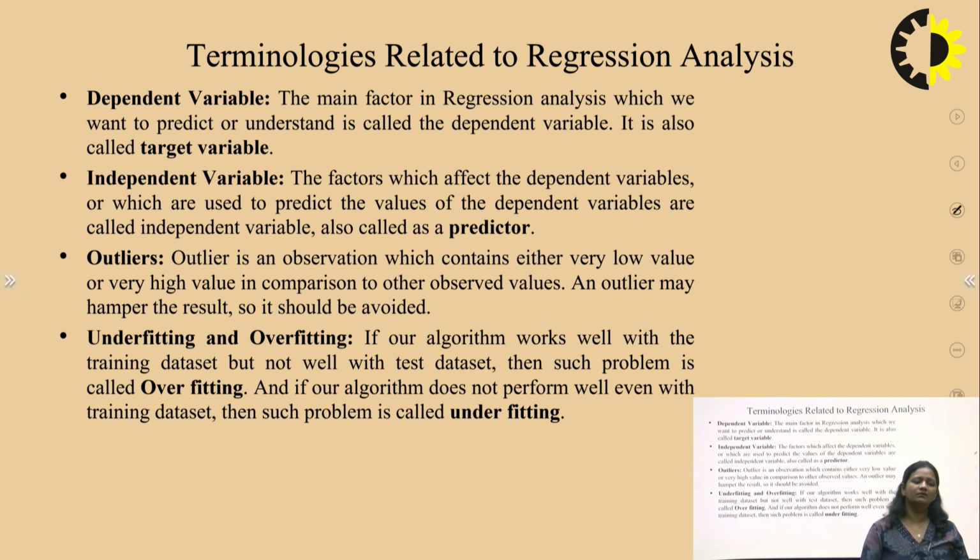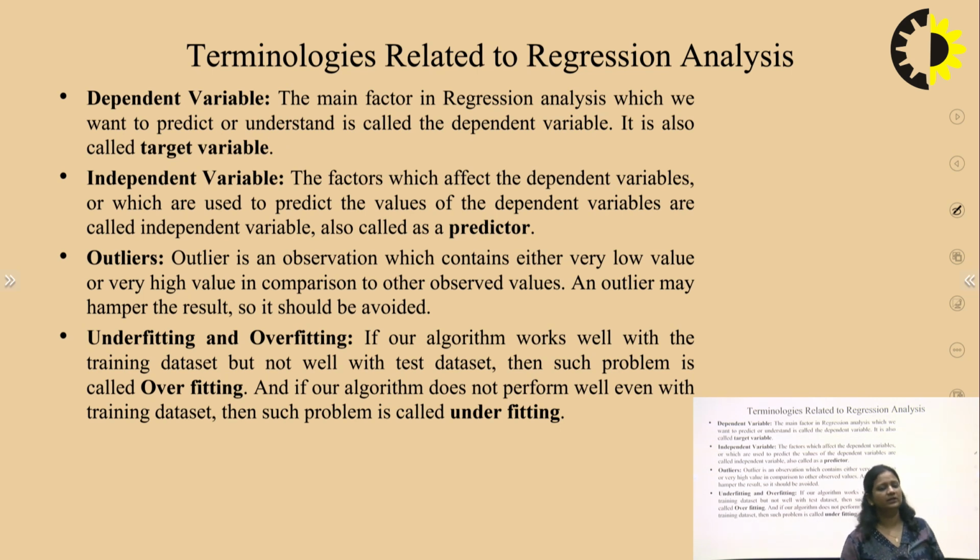Overfitting is when our algorithm performs well on the training data set but not well with the test data set. When the data is large or there is a complex data set, there is a condition of overfitting. And underfitting is when the algorithm which we are going to develop is not working well with the training data set, so what is the chance of predicting a good result on the test data set, or when we have a complex or huge data set.